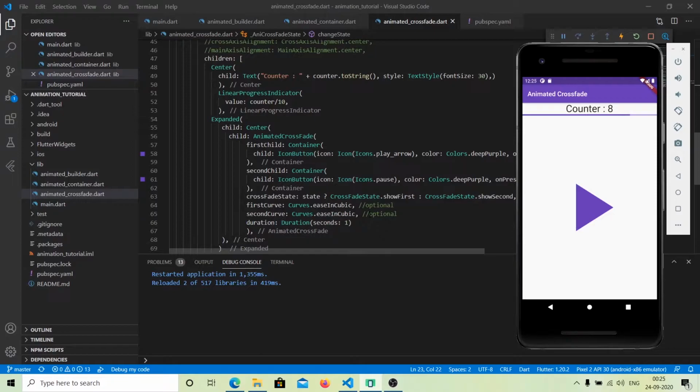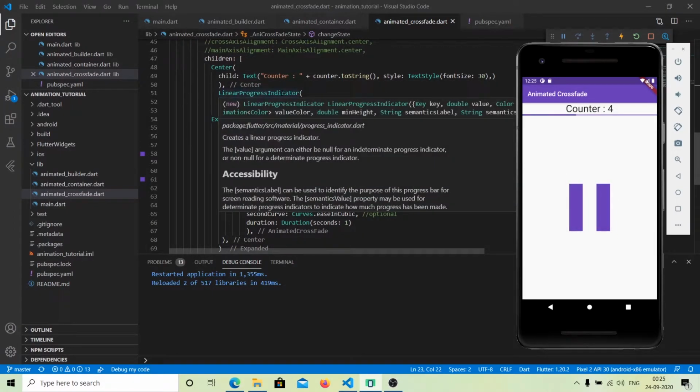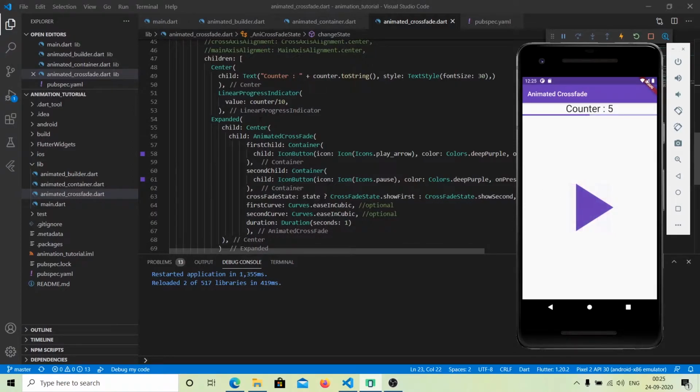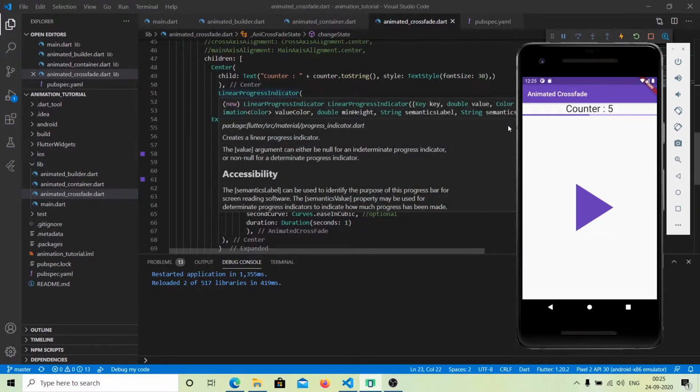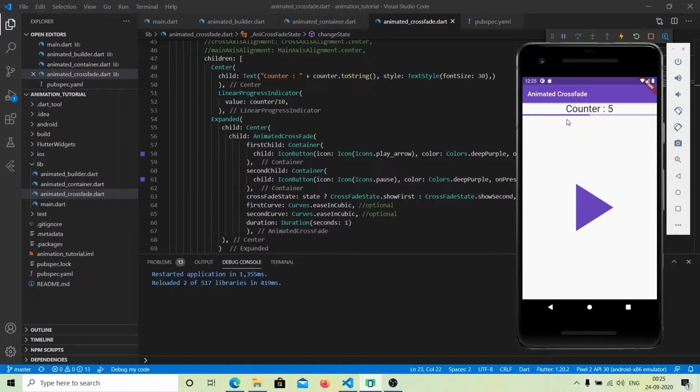Now let us understand how this application works. The two things that we have used here are the text and the linear progress indicator. Provide a value between 0 to 1 to the linear progress indicator and it will animate itself. How the actual logic works is, when we click on this play icon button,